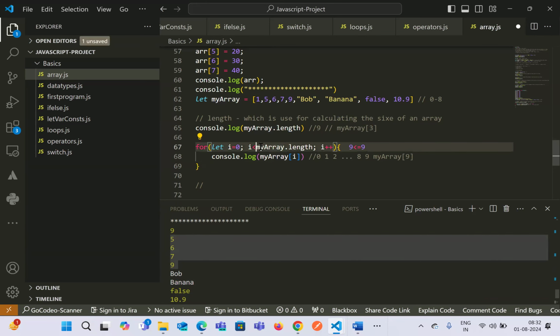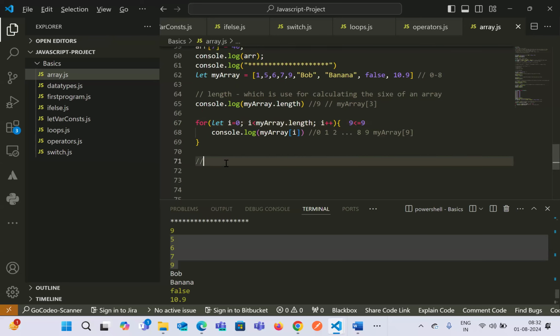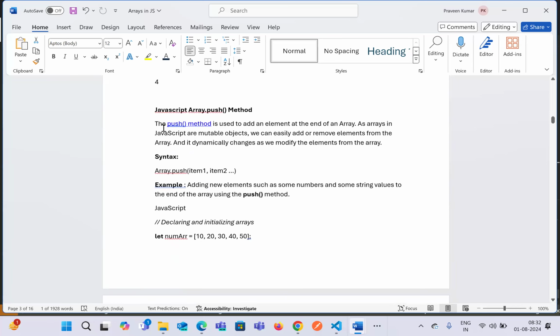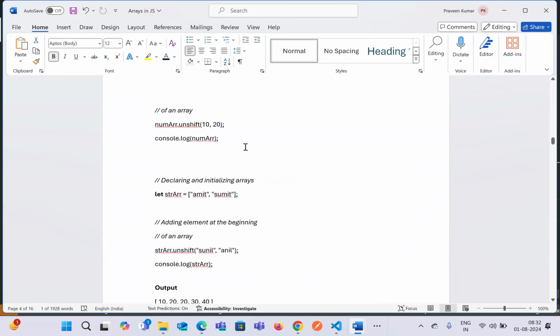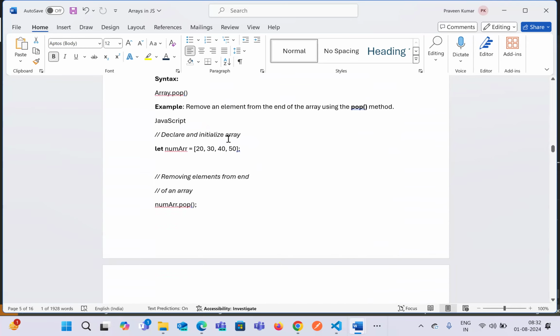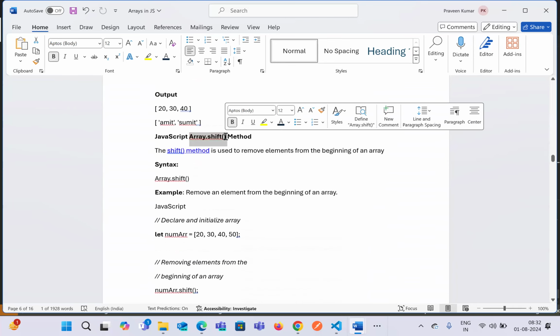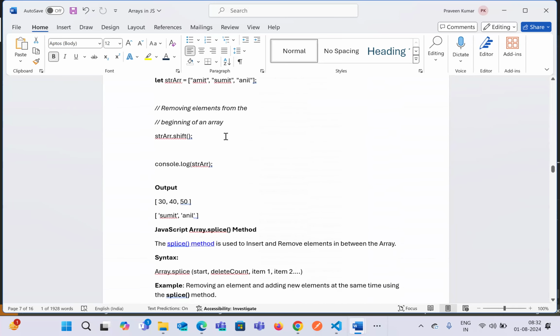Okay, great. So we'll go to the next method that we have. We have also checked unshift. We also checked pop methods. And we had also gone through shift. Now the next is